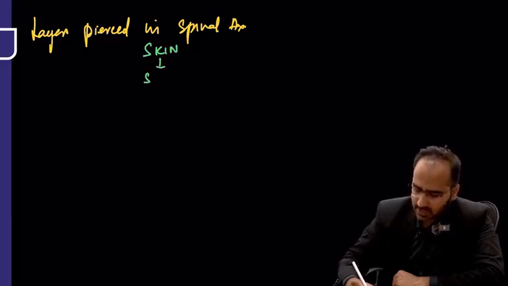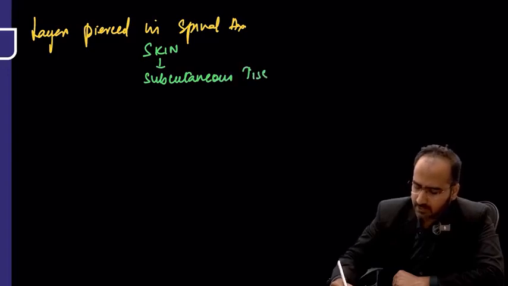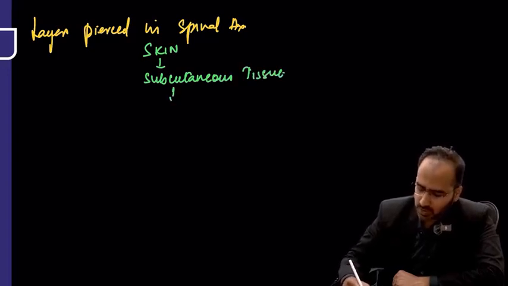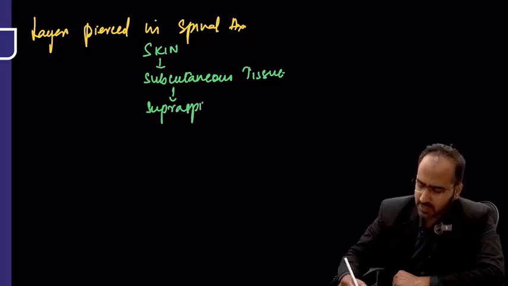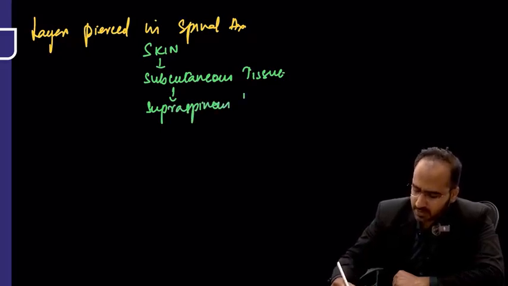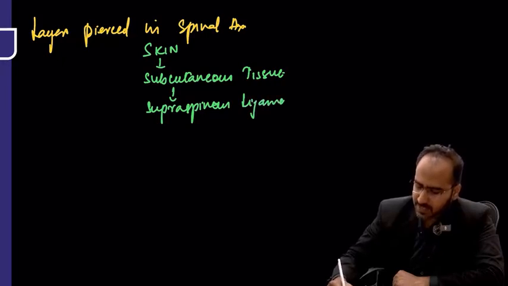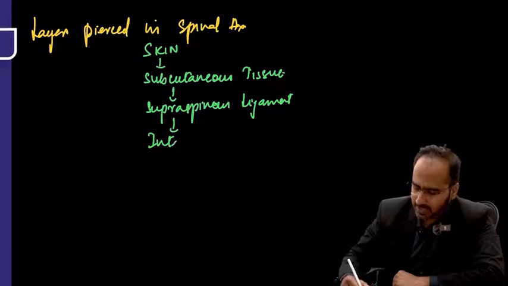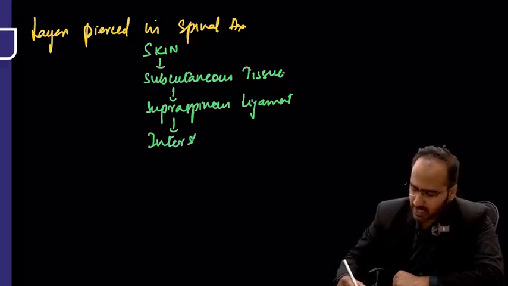After skin, it is the subcutaneous tissue. After the subcutaneous tissue, it is the supraspinous ligament. Supraspinous ligament. After supraspinous ligament, it is the interspinous,